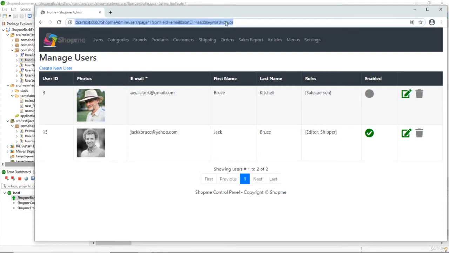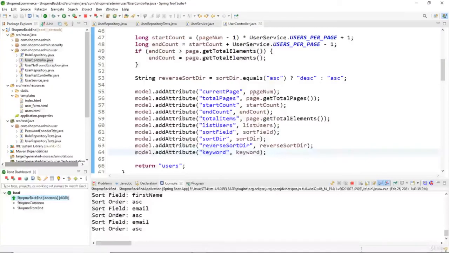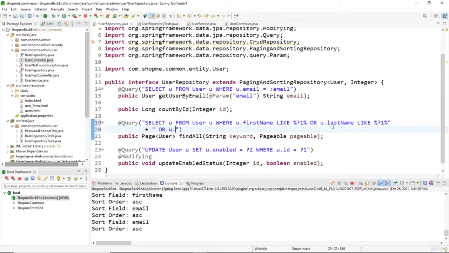Now let me change the keyword to Gmail, and we got no user found because in the repository, the query here, we just search for first name and last name. So now I update the query to search for first name, last name, and email here, or u.email like the value of the first parameter, which is the keyword. Okay, save the change